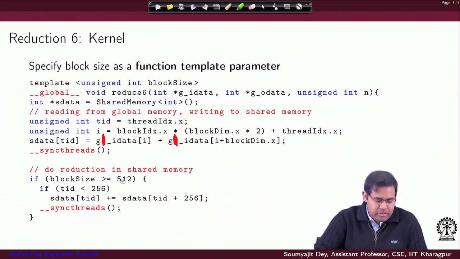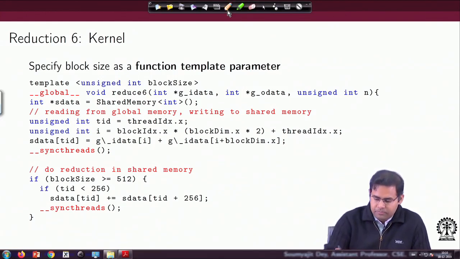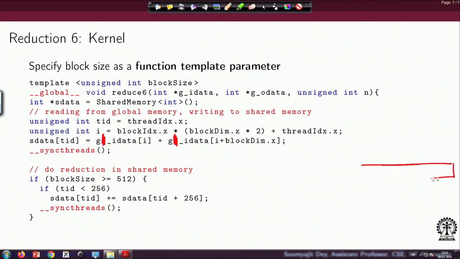If the block size is greater than 512, then you will execute this block with threads of ID less than 256, because you have a block of size 512 and you are going to use half of the threads to do the addition operations, and so on and so forth.